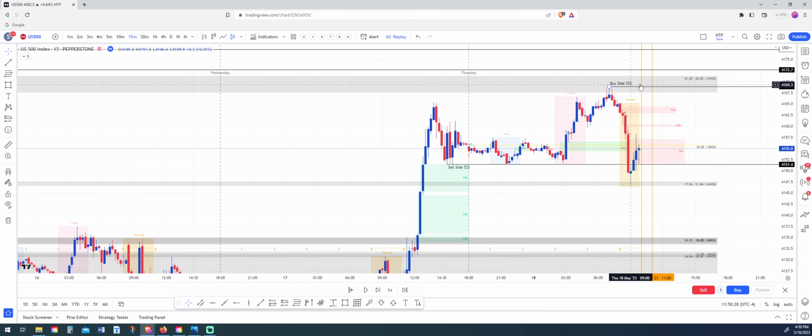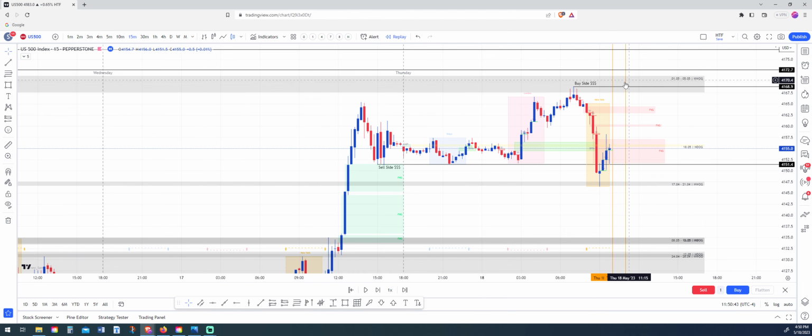Above the buy side here, one thing to note, which is really interesting actually, is we've rejected off a new week opening gap, and we've rejected off a new week opening gap. So we're kind of ping-ponging at the moment between these two new week opening gaps, which is, again, I think ICT refers to daily highs, previous daily highs as draws on liquidity, and new week opening gaps. So it's interesting to see that those are in play here today as well.